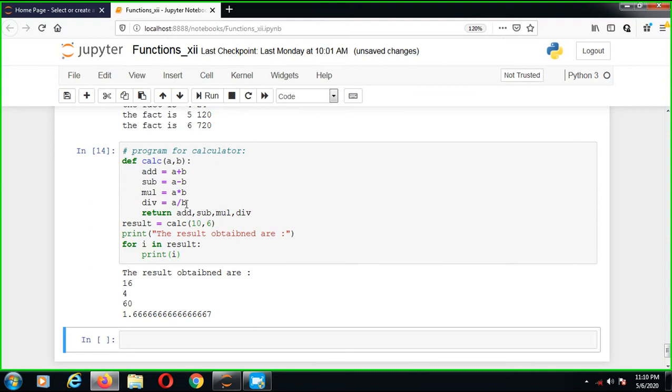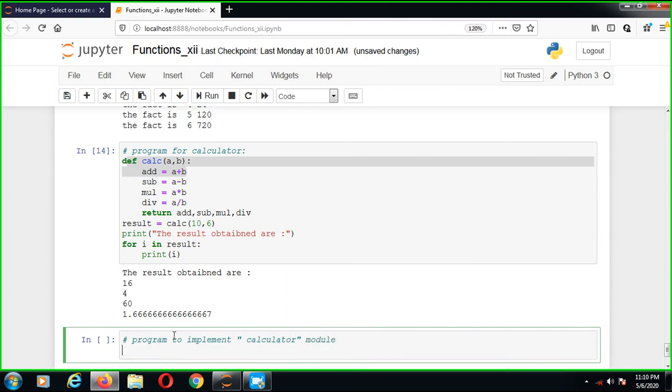And we can also make separate modules according to these functions. I'll just explain how we can separate each and every module. So I'll explain one program to implement a calculator module. So how can we do it: def add function a comma b and return a plus b.